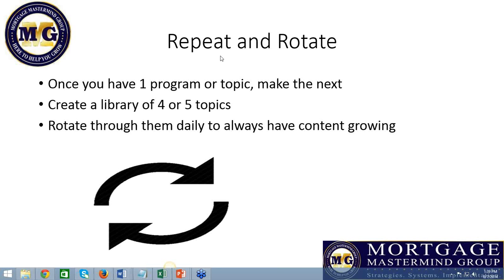Make the next one. If you've done VA, boom, now you're going to do reverse. If you've already done VA and reverse, boom, now you're moving into your first-time home buyer niche, or you're going to start doing USDA loans. Have 4 or 5 that you can in your library. I believe Chad has 4 separate things that he specifically markets, and they just rotate through them every day. Every day there are 4 articles posted, and they're always different, and they always rank.